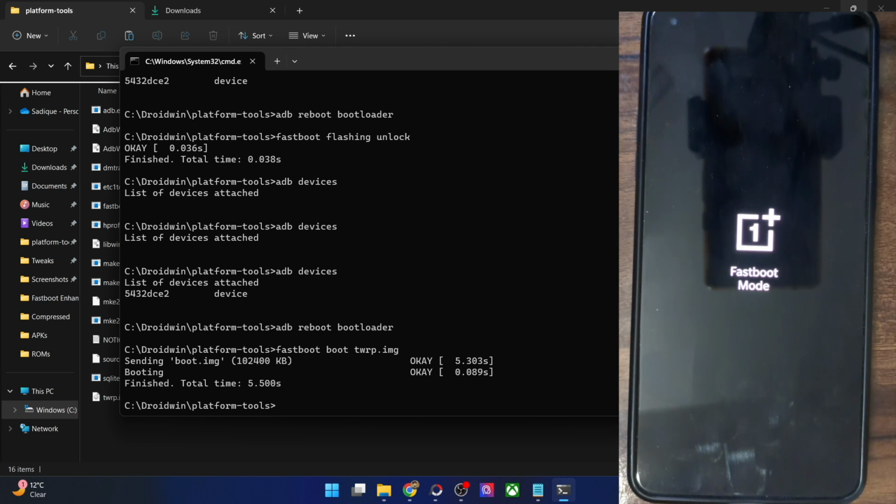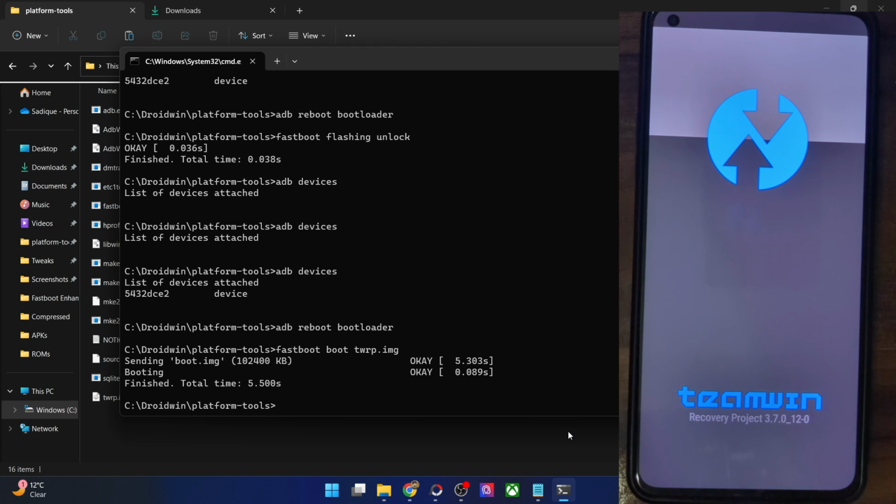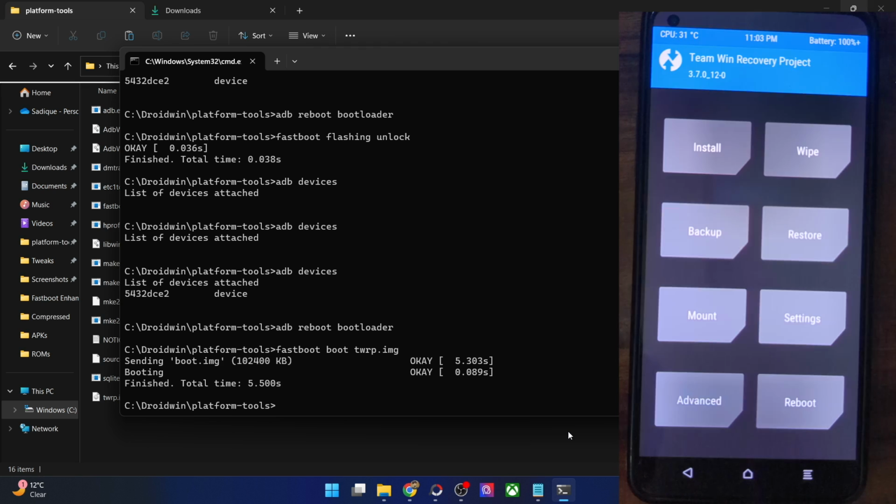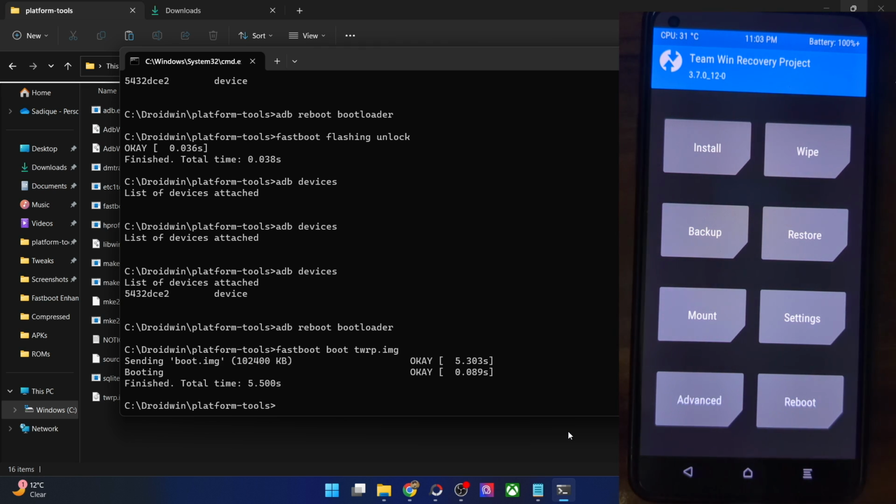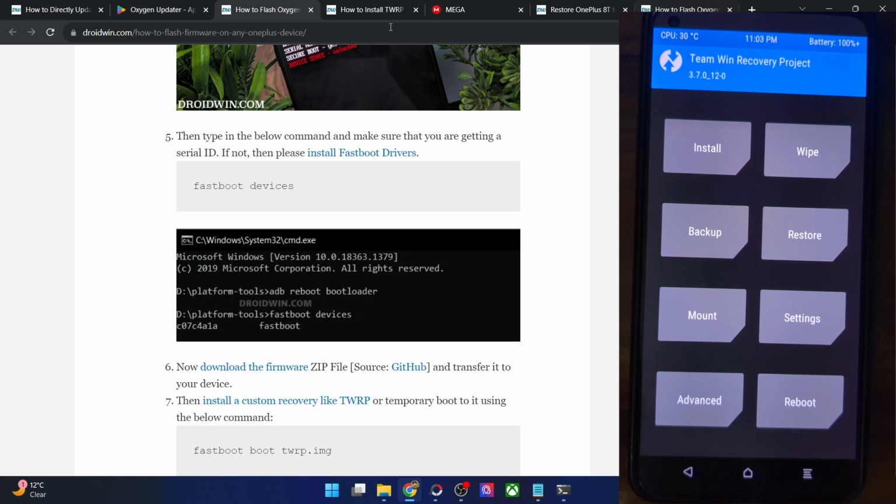If you want to flash the recovery file, then you may use either of the two commands depending on whether your phone has a recovery or the boot partition. You may also refer to my guide for the same. I have made a separate guide. You could refer to this as well. So with that said, we are currently in the recovery mode and we could now move ahead and flash the firmware.